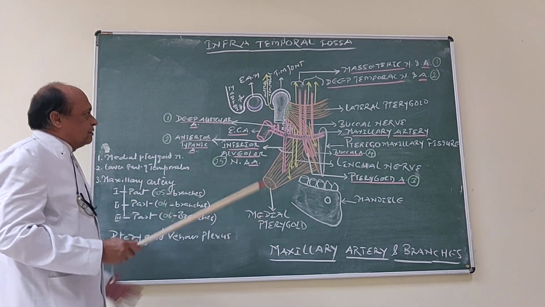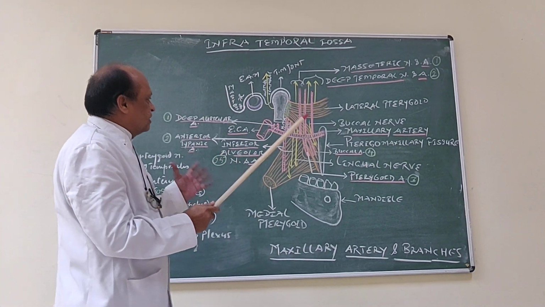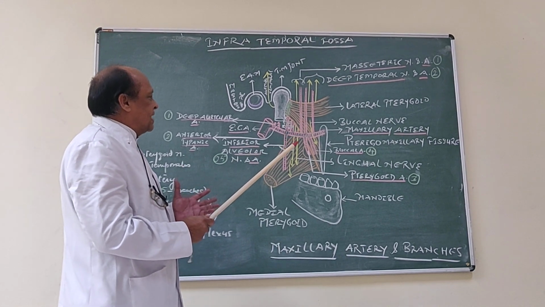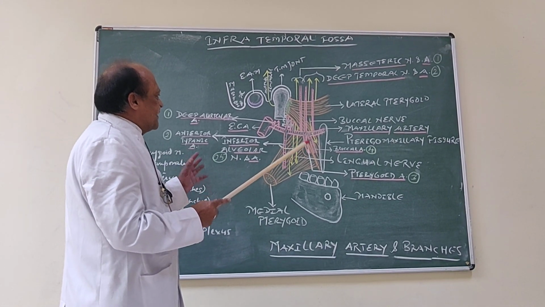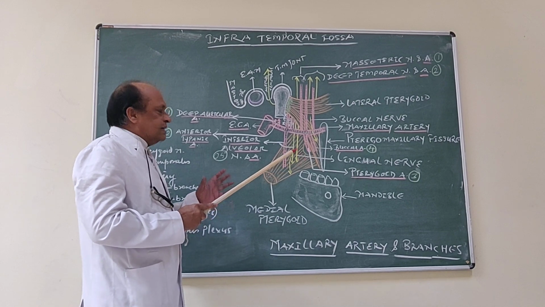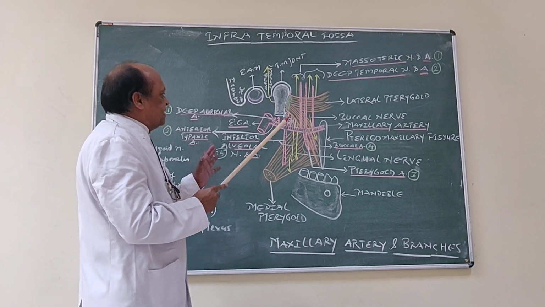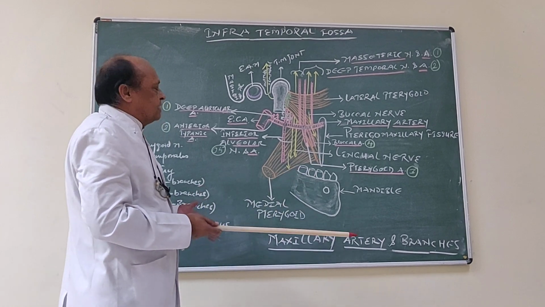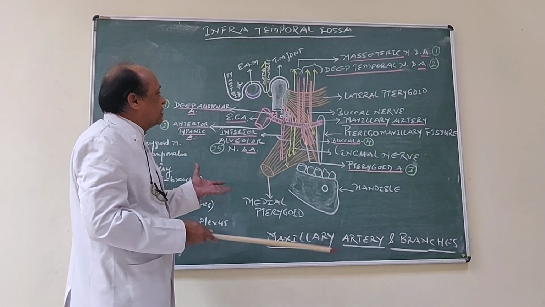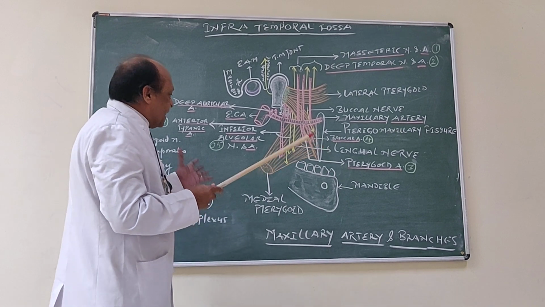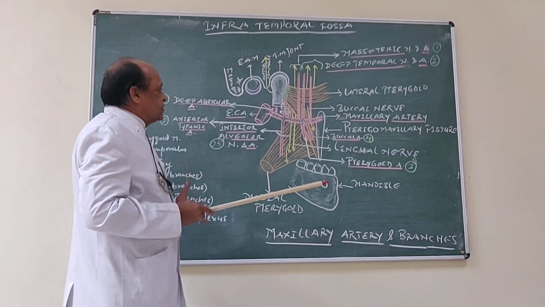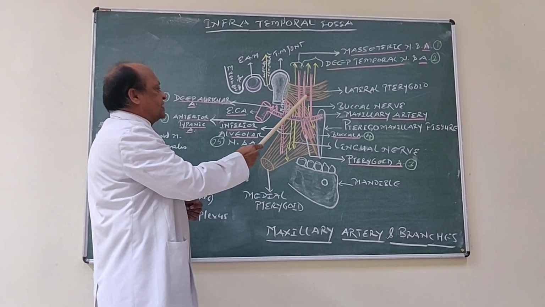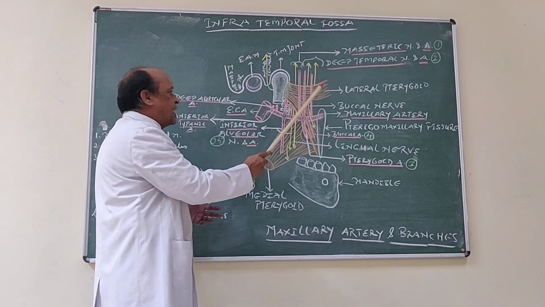As we know, the venous plexus surrounds the lateral pterygoid muscle and some veins lie within the substance. During rest the blood is collected in the venous plexus, and during contraction of the lateral pterygoid muscle, for example during yawning, the accumulated blood is pumped out. Thus we can say that it acts as a peripheral heart.